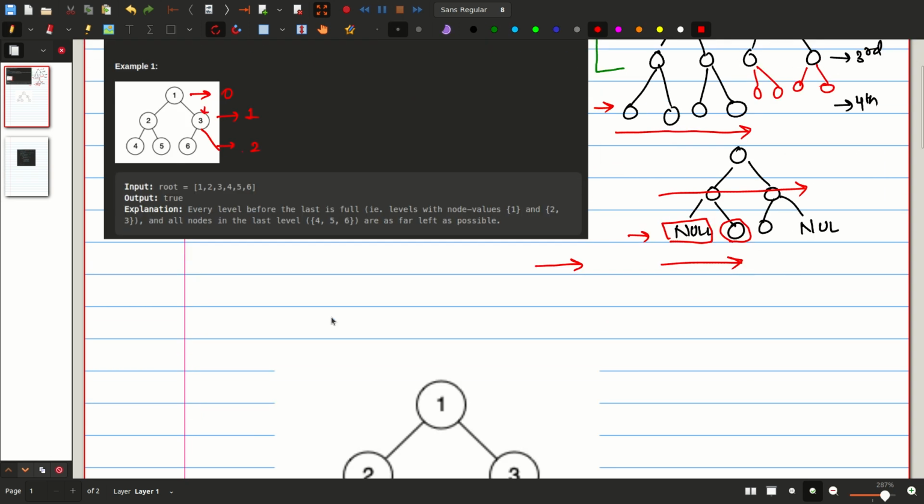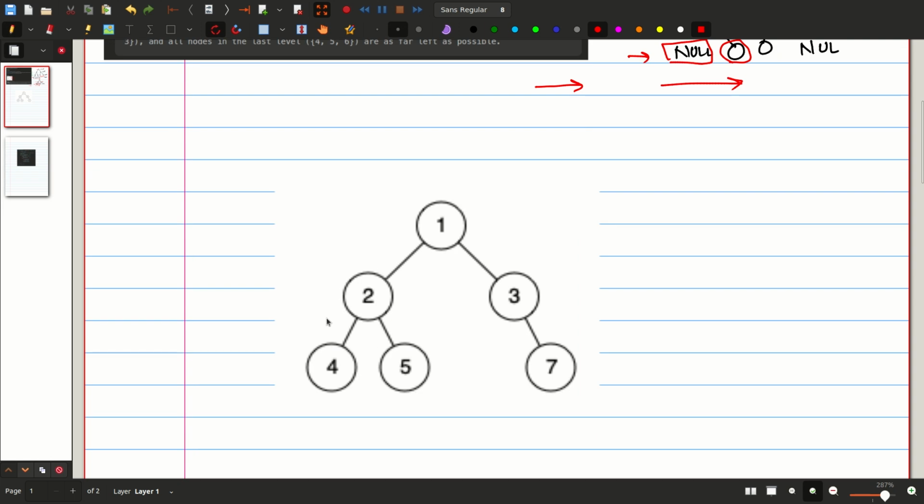Okay, let's take another example. This is the root. This is the 0th level, this is the first level, this is the second level. The 0th level is completely filled, the first level is also completely filled, and at the third level this is null.